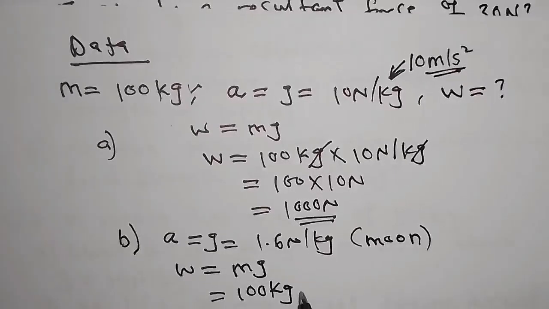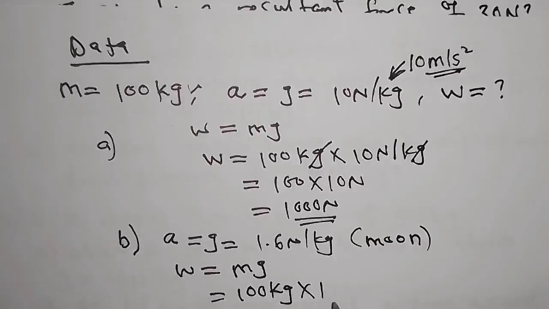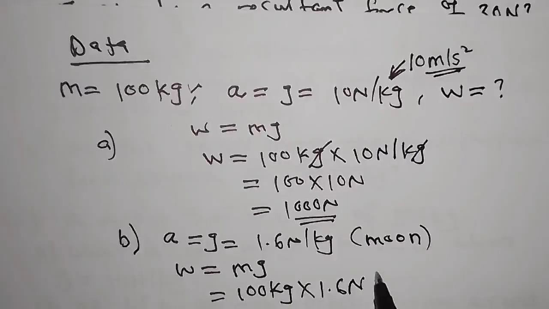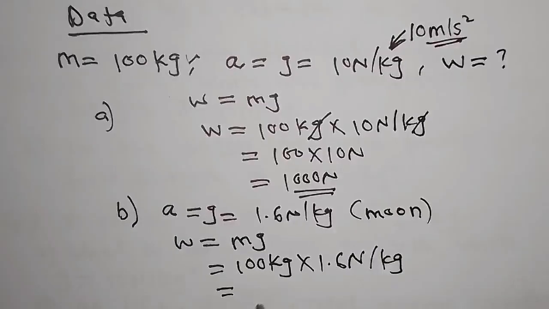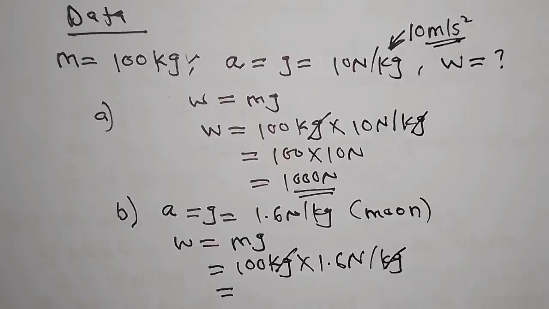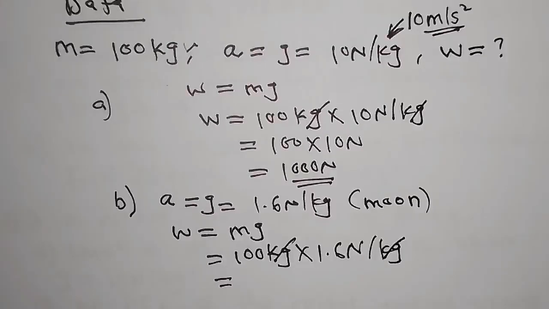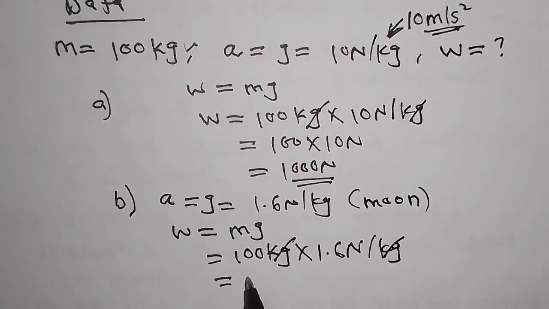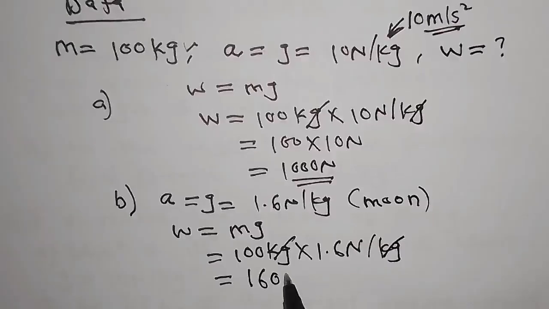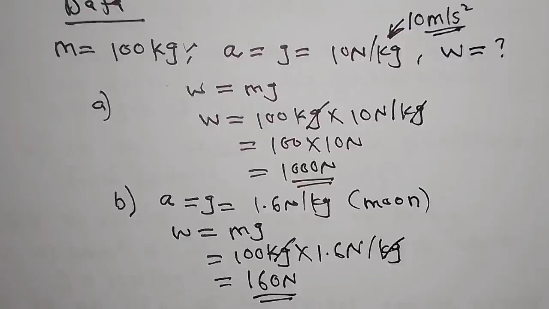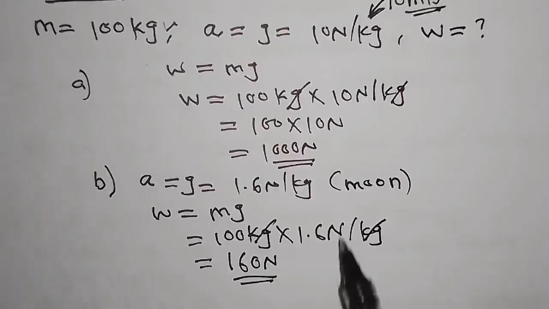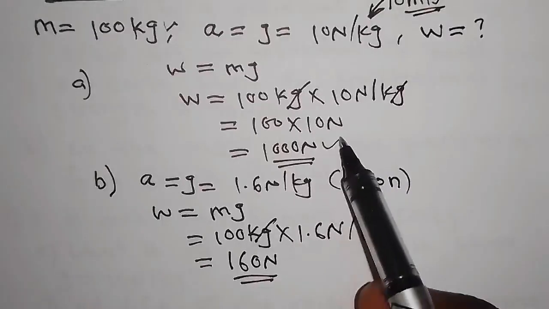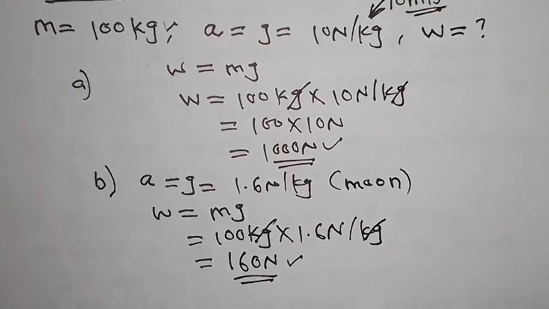So 100 kg multiplied by the gravity on the moon, and this is going to be this. When you get your calculator now, this is just going to be 160 Newton. So just to say something, when you compare the two weights, this 1,000 Newton and this one,